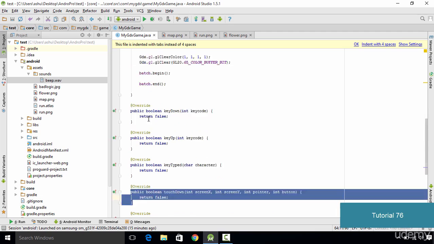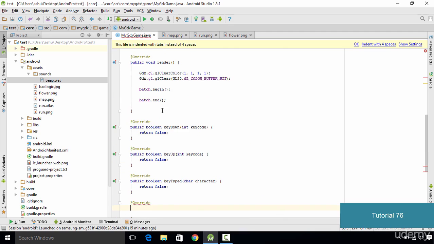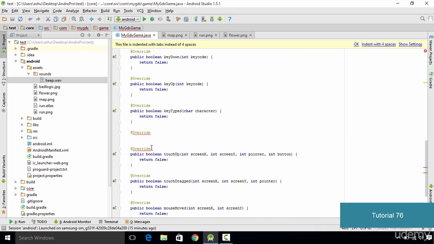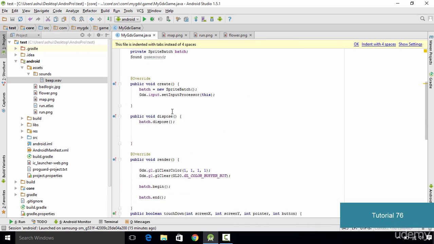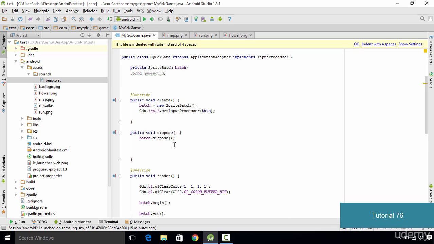So we copy this, or rather we cut this method right here, and we are going to paste it at the top so that we could work with it. And also make sure that you delete this override, or else it is going to give you an error. So once you have this touchDown method up here, the next thing which we need to do is that first